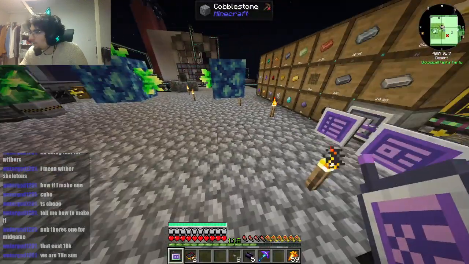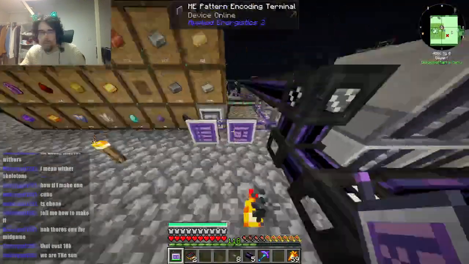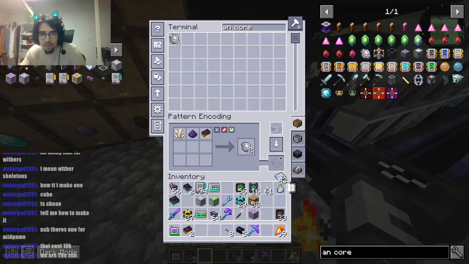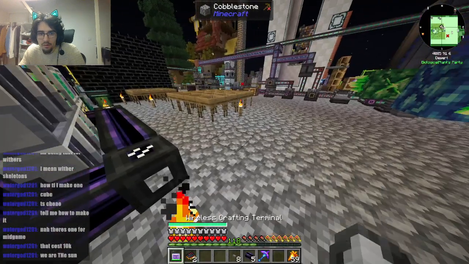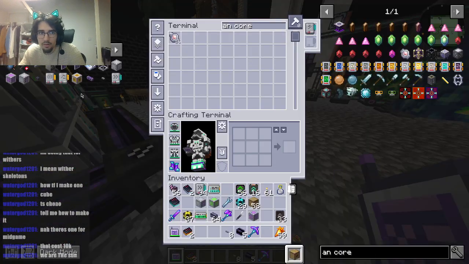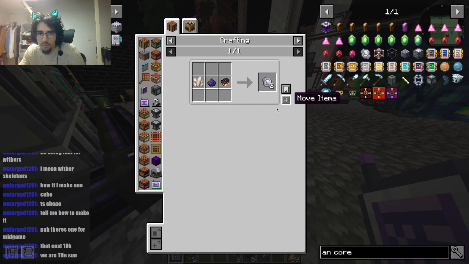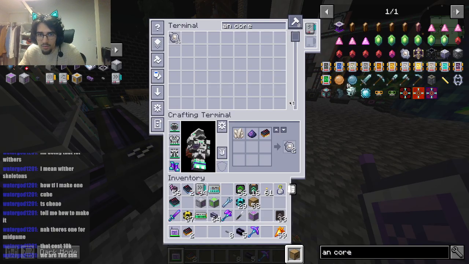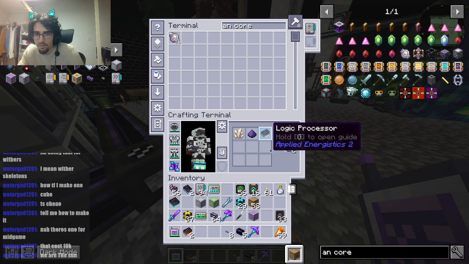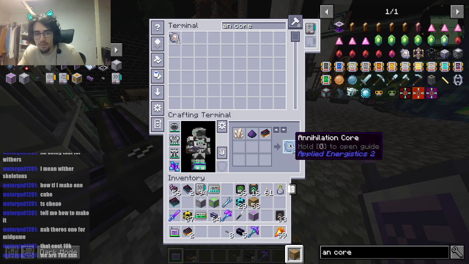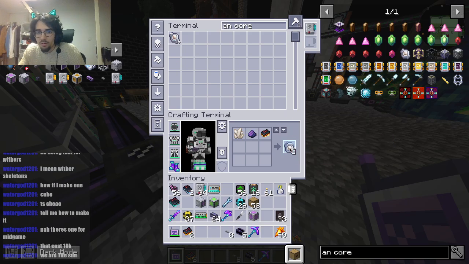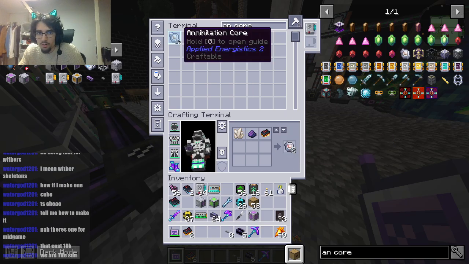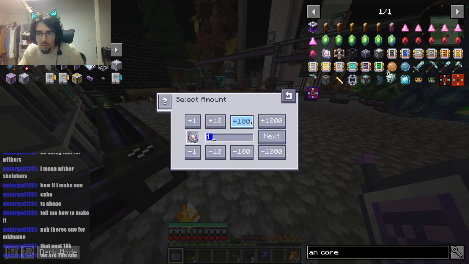Yeah. Throw all the pattern into the terminal, I can hold. Oh, okay. Okay, I can clear that. Okay, so how do I do the auto crafting? So if I want the annihilation cores, but this is an auto crafting, this is just me crafting them. Press middle mouse. On what? Oh,